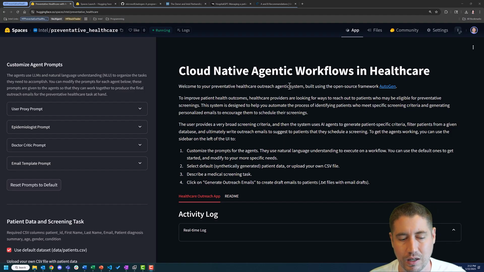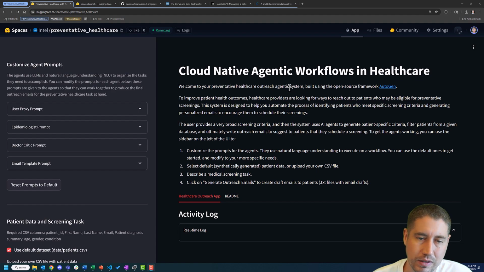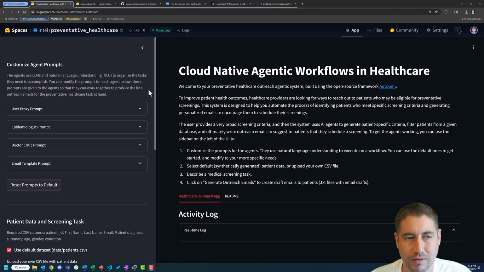criteria, and it's really about this collaborative nature that usually happens between doctors and epidemiologists and data analysts who come up with some of these both screening criteria and then send out some notices for patients to check on certain healthcare needs. So one of the first things I wanted to do actually was just run the application and show